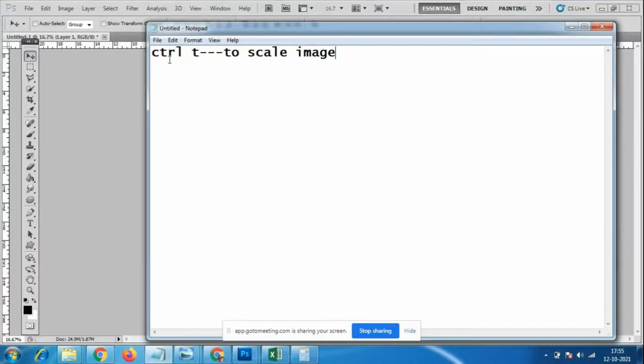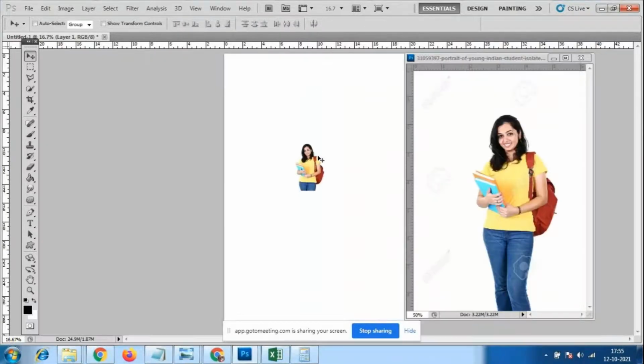Please remember all these shortcuts, because we don't have any other options; we have to use shortcuts in Photoshop. In InDesign we need not worry about shortcuts, but here we have to use the shortcut Control T to scale the image.